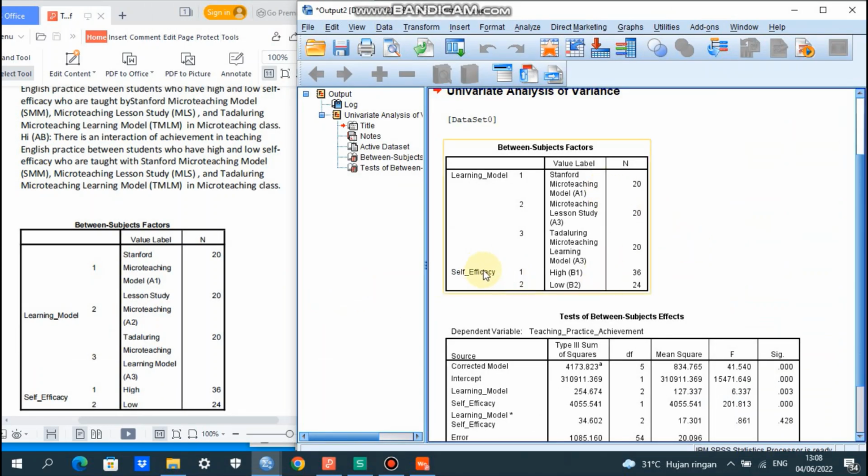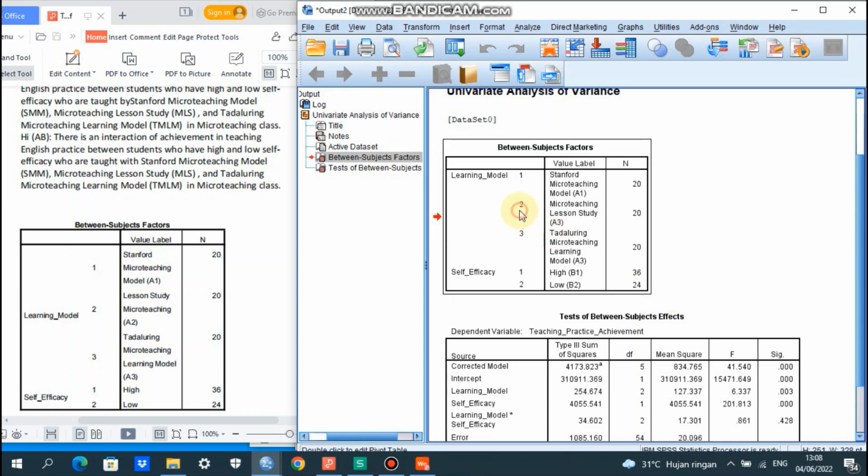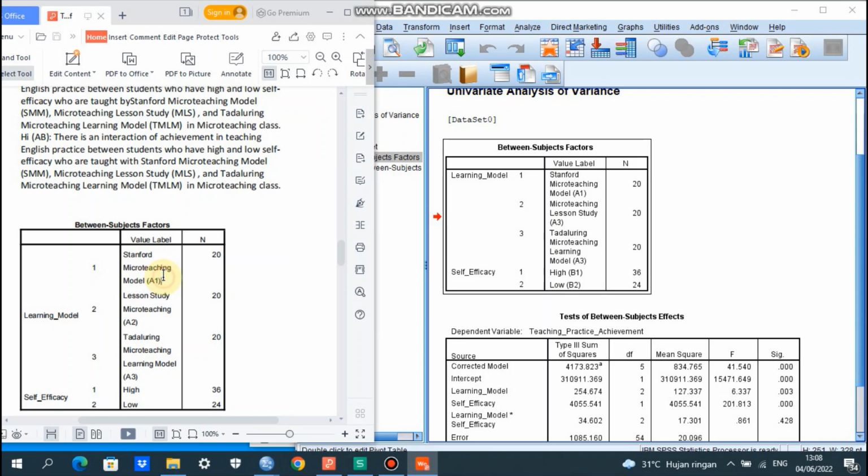And self-efficacy: high self-efficacy or B1, 36 students, and low self-efficacy or B2, 24 students. So we can copy this and paste it in our report here in MS Word.